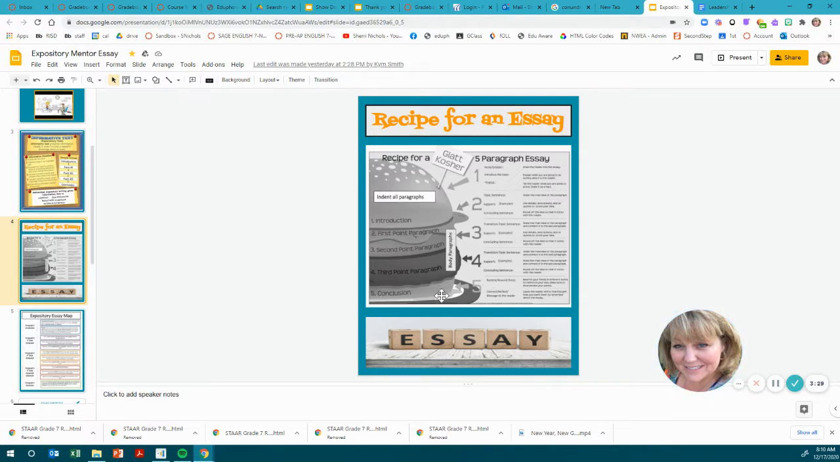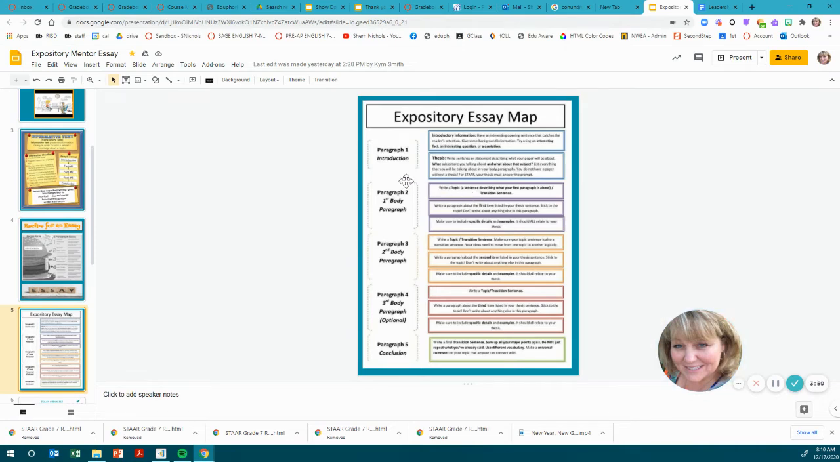A concluding paragraph would be where we make sure at the end we are restating or rewording the thesis in an interesting way, and then we refer back to our hook, or refer back to our thesis, of course, and then you leave your reader with a final thought. So that's the recipe. And then we have the expository essay map, going through basically what we just